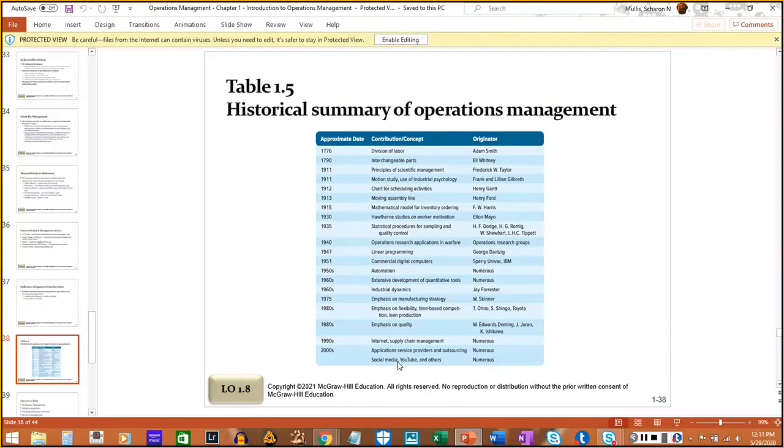All right, so we have a historical summary of operations management. In the 1770s, that's when the Industrial Revolution came out. Before that time, the workers did everything manually. Then they delivered it to the customer. So then you move into